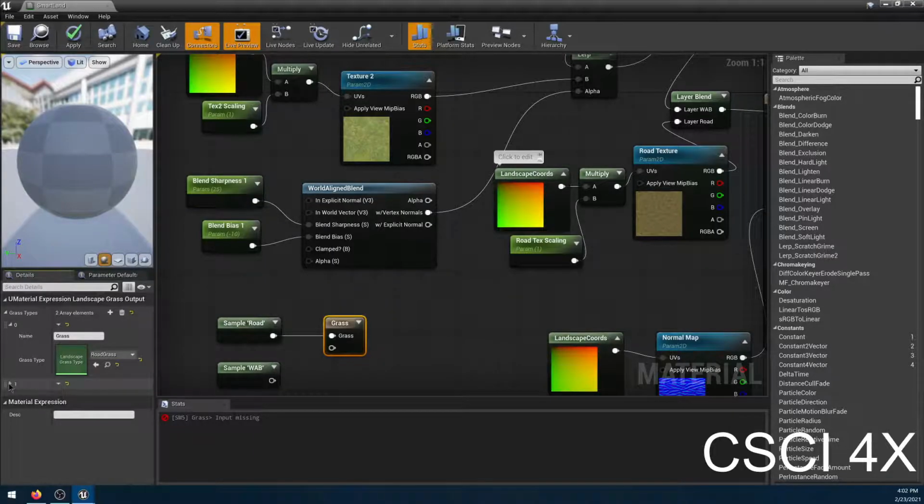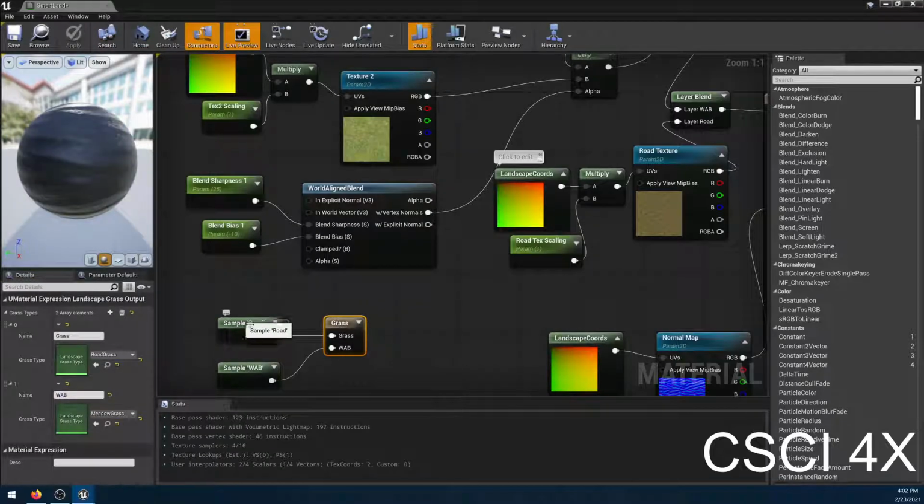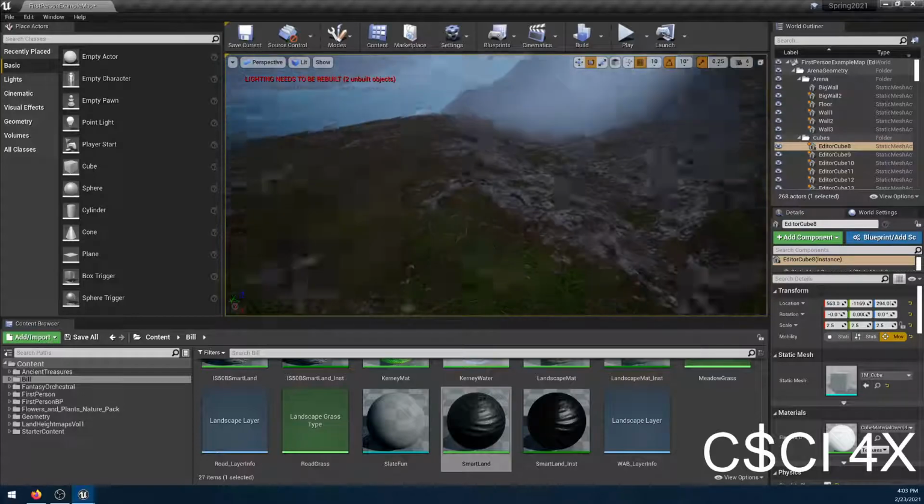That's the right way of doing it. And so meadow grass. There we go. Okay, so this will have the road texture create my road grass, and my WAB texture will be covered in meadow grass. So if I save that, come back in here, then